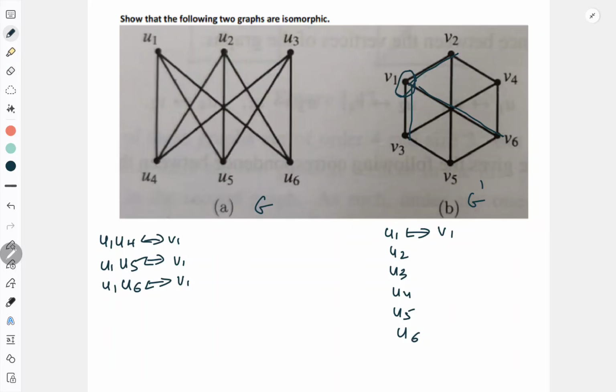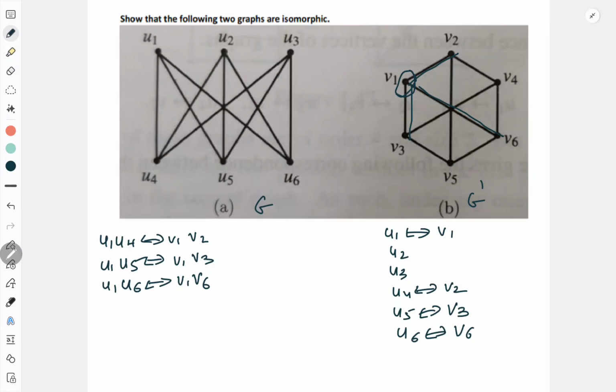Only I need to place it. So we usually prefer to place the same number. So I will place here V6. Okay. Then which else I got? 2 and 3. Anyways 2 and 3 are here, not here. So I will randomly put V2 and V3. So from this what I got, the image of U4, I am assuming V2. And for U5 I can write V3. And for U6 I can write V6.